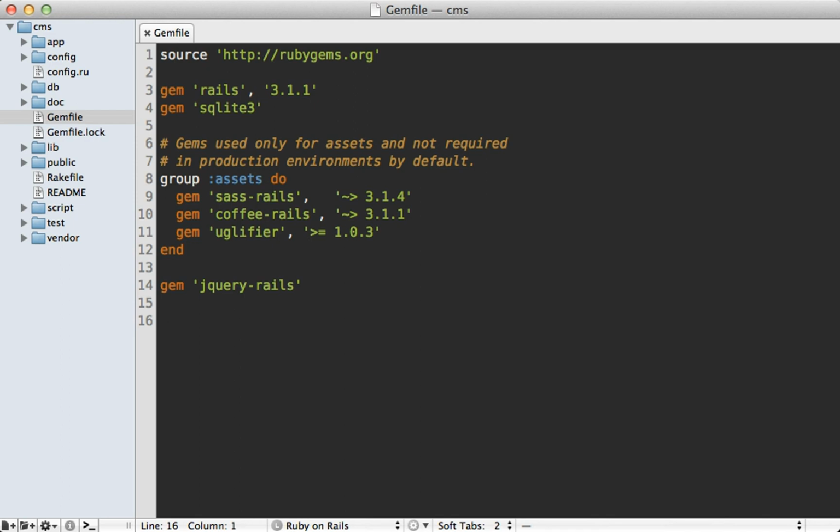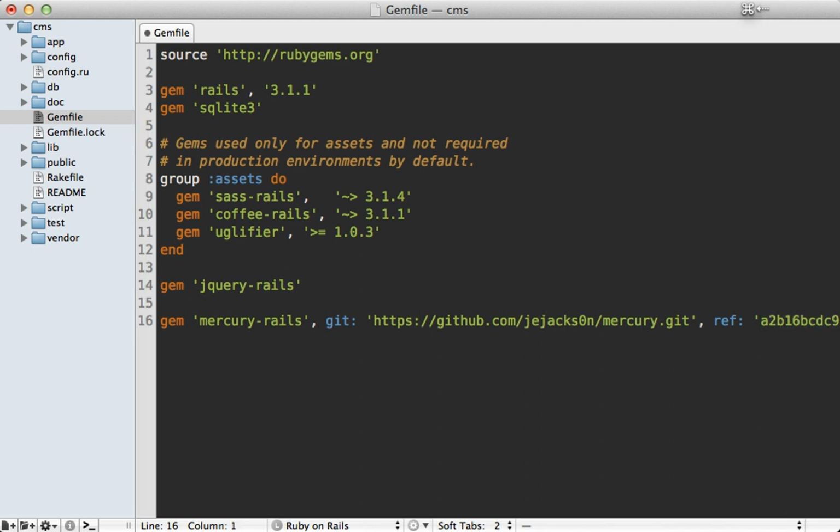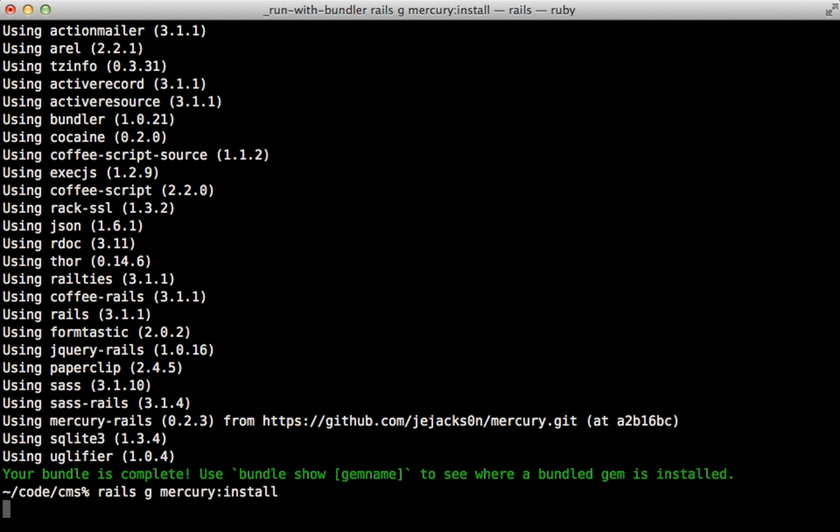The first step is to go into your Gemfile and add the Mercury Rails gem here. Now the development on this gem changes pretty rapidly, so I'm actually going to grab the version off of the git head, and here's the commit SHA if you need that to know which version I'm using in this episode. And then run the bundle command to install it, and then we can run rails generate mercury:install to install